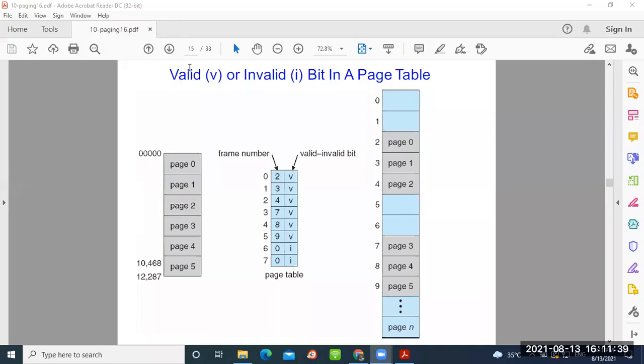So read the book. In the book, आपको ये दोनों concept का पढ़ना है. पहला two-level paging का पढ़ना है. How two-level paging is used and how it is implemented. Second, what you have to read is the inverted page table, where we are using the valid and invalid bit, and how these valid and invalid bits are effective during paging. If that is done, tomorrow we will start with a new topic, which is called virtual memory.